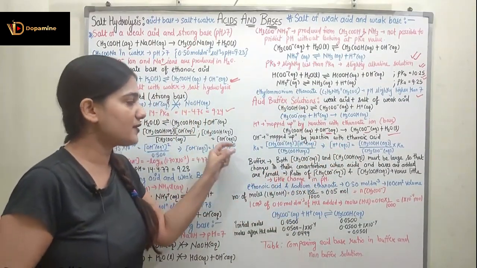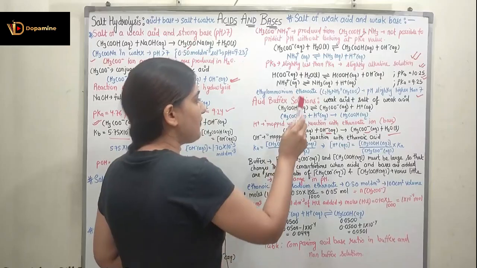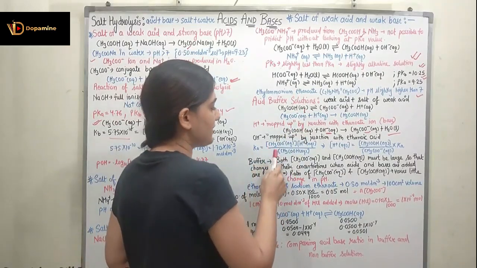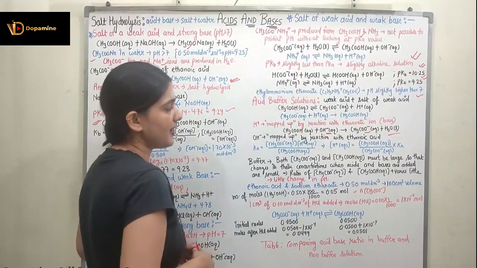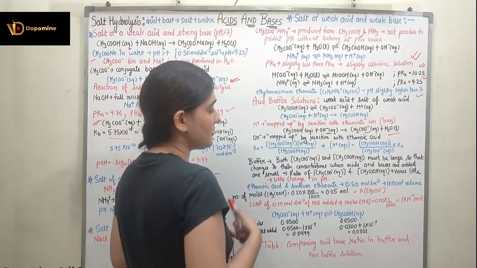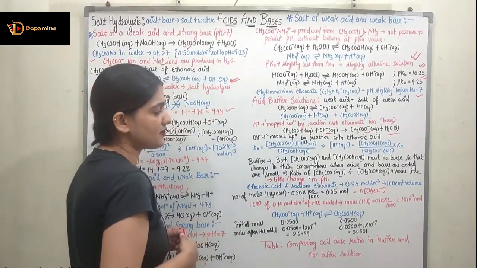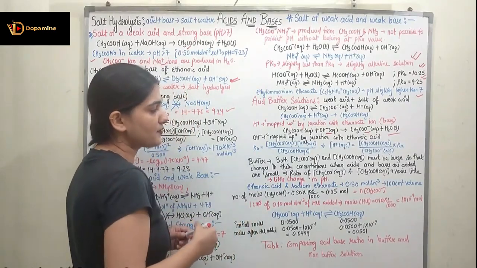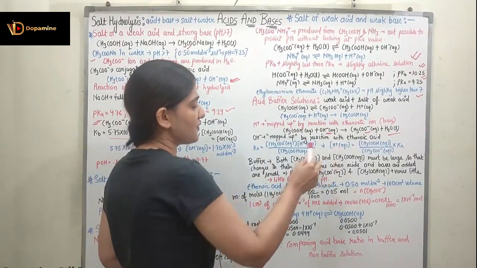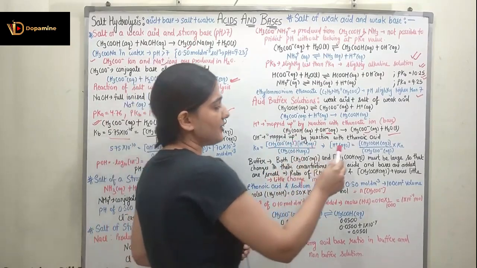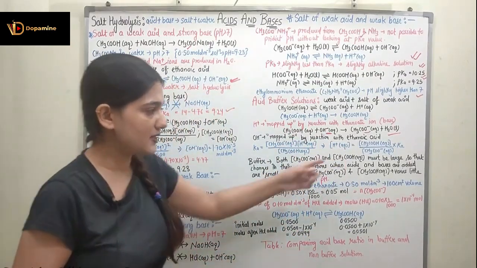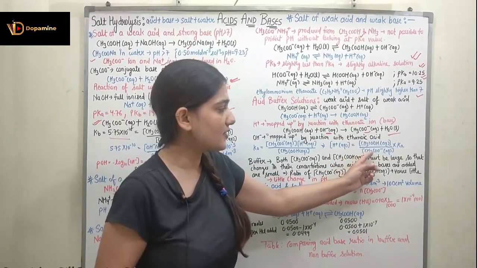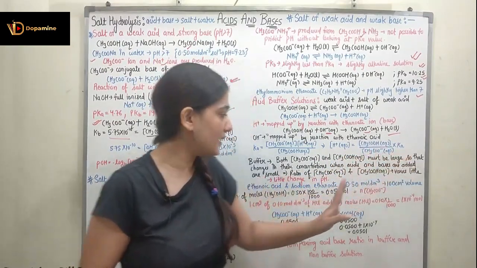Now if I observe Ka, it can be found from this reaction. Ka is equal to the concentration of CH3COO negative aqueous multiplied by the concentration of H positive aqueous, divided by the concentration of CH3COOH aqueous. I can rearrange this equation, and the concentration of H positive aqueous would be the concentration of CH3COOH aqueous divided by the concentration of CH3COO negative aqueous, multiplied by Ka.